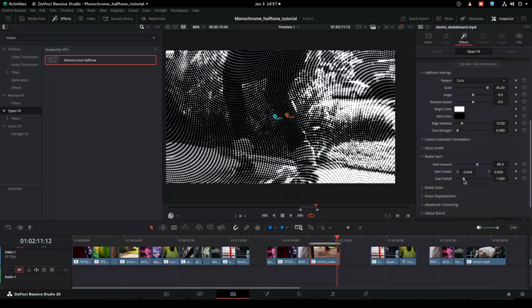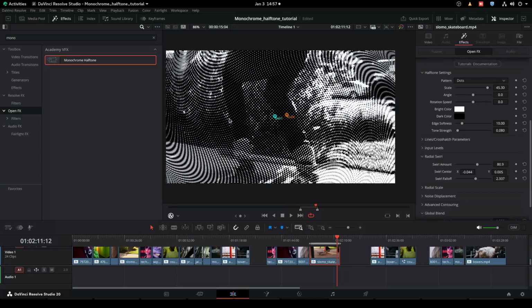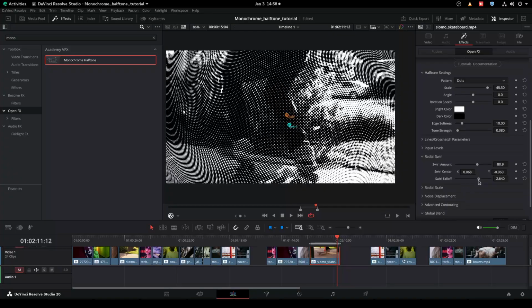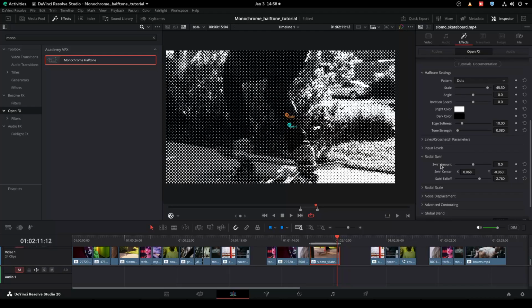Just one other thing, and that's the swirl falloff. If you push it out, you see the center is a little bit less swirled, and the outside is a little more swirled. So that's what swirl falloff does. And you'll see that we have a radial scale that does exactly the same thing, and that's what we'll move on to right now. So we'll turn all this off back to its sort of neutral,